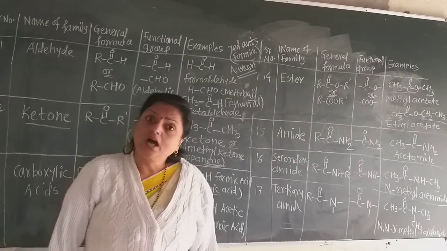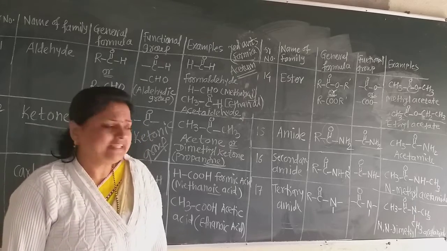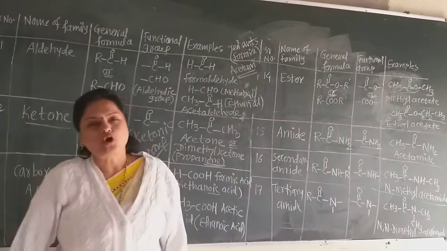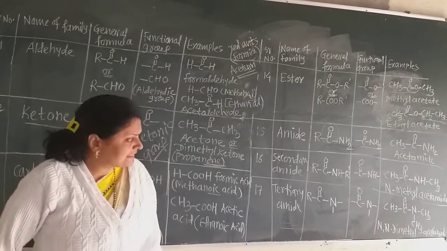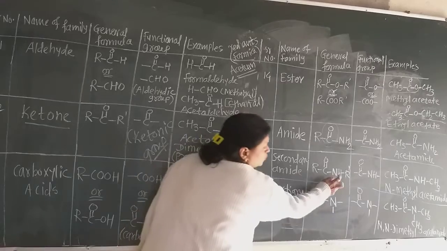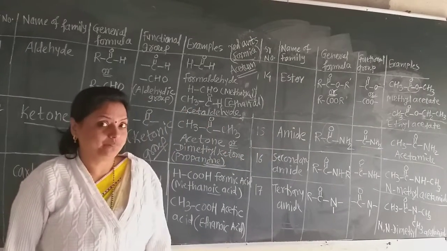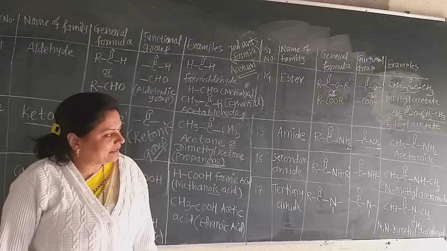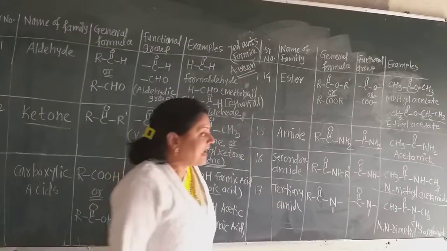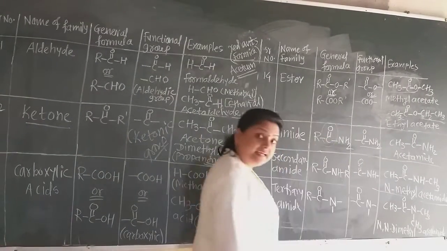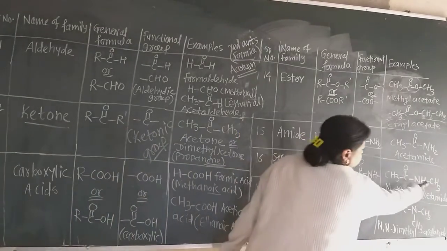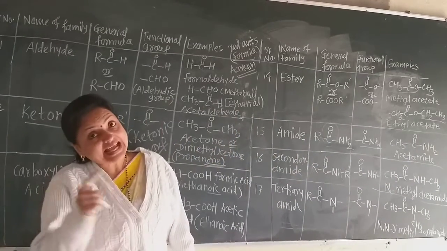Now R is the alkyl group. If it is the methyl group, then it is called acetamide because this group is coming from acetic acid. So the common name given there is acetamide. See, in the secondary amide, what is there? Only one of the hydrogens of this NH2 group is replaced by the same or different R group. Now the name is given from the back side here also. As the nitrogen has one methyl group, the name is N-methyl acetamide because the methyl group is attached to this nitrogen. So the name is N-methyl acetamide.